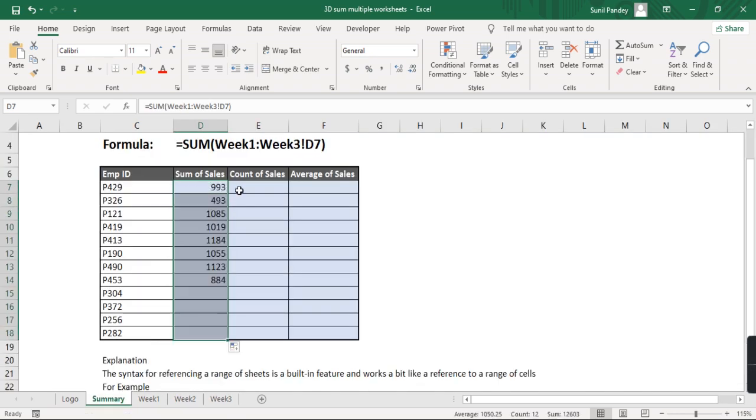Okay, I'll drag it. Understood? So these are the sum of sales for a particular employee ID.